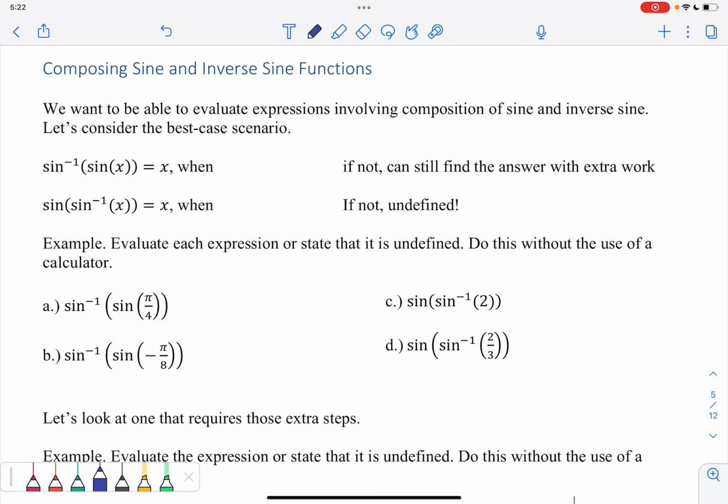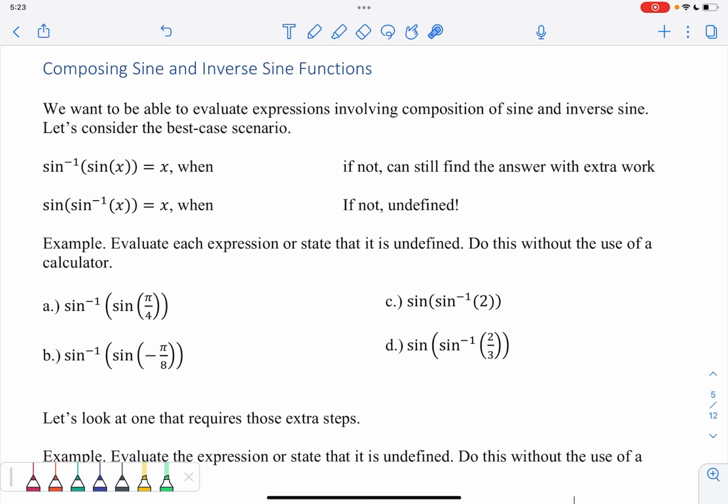So typically when we compose inverse functions, the input and the output match, because we can think of sine, like in this first one here, we have sine inverse of sine of x. So sine acts on x to make a sine value, but then sine inverse says I take that sine value and I'm going to just turn it back into that original angle. This only works though, because we know that sine inverse can only give outputs in between negative pi over 2 and pi over 2. And so for these x's to match, right, so for this whole thing to just equal